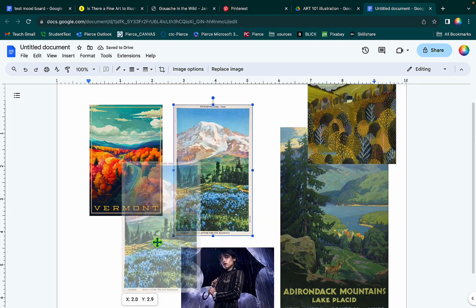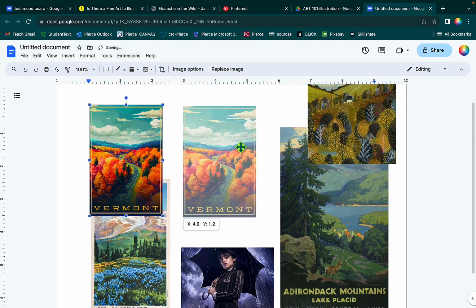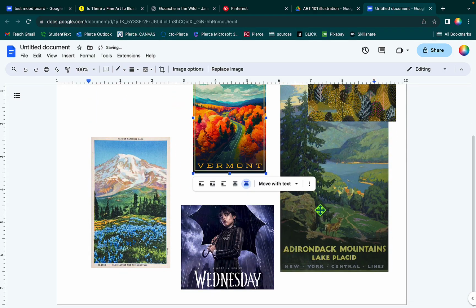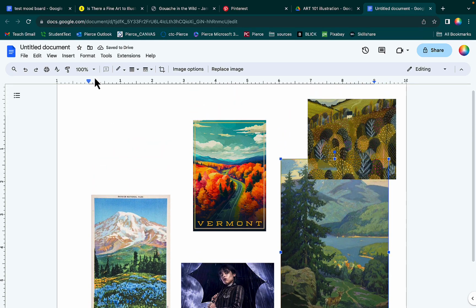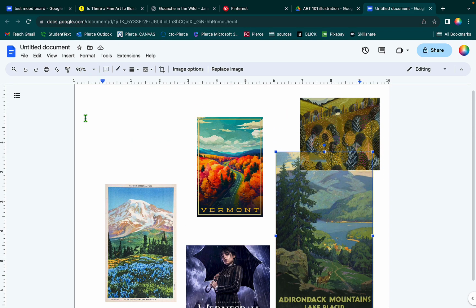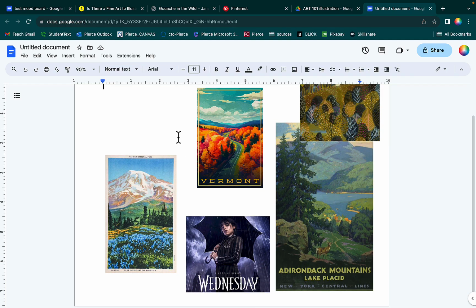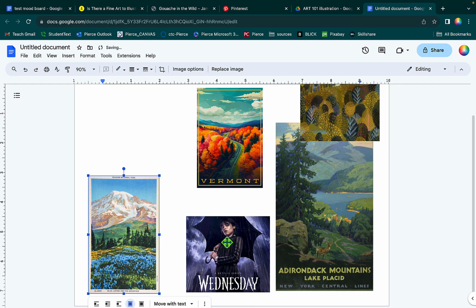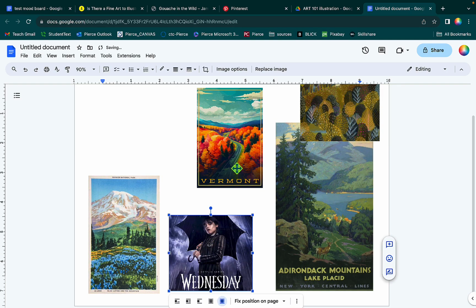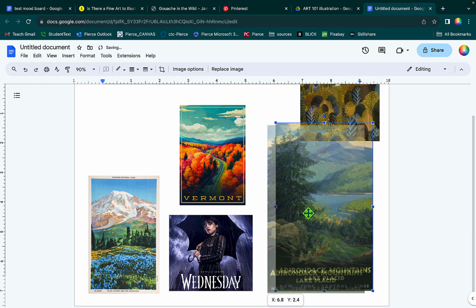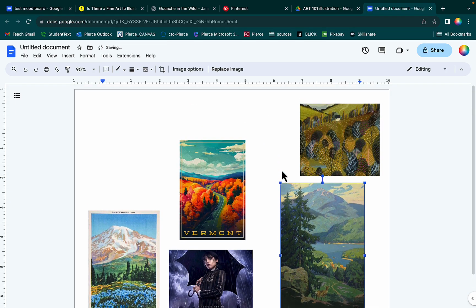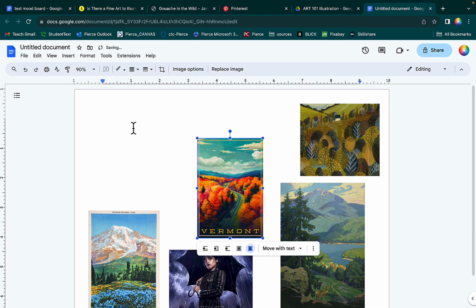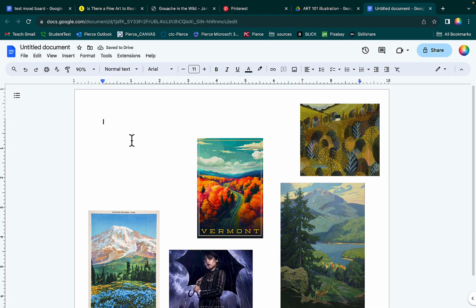Okay, so you're gonna take your time to make your collage how you want. You can make some bigger than others. Find what inspires you and what makes you excited about this project. You don't have to know exactly what your project is going to be. That's what this whole warm-up is about, to get you ready for your project. So you're just starting to work out your ideas, and then it's always good to put a little text in here and say,